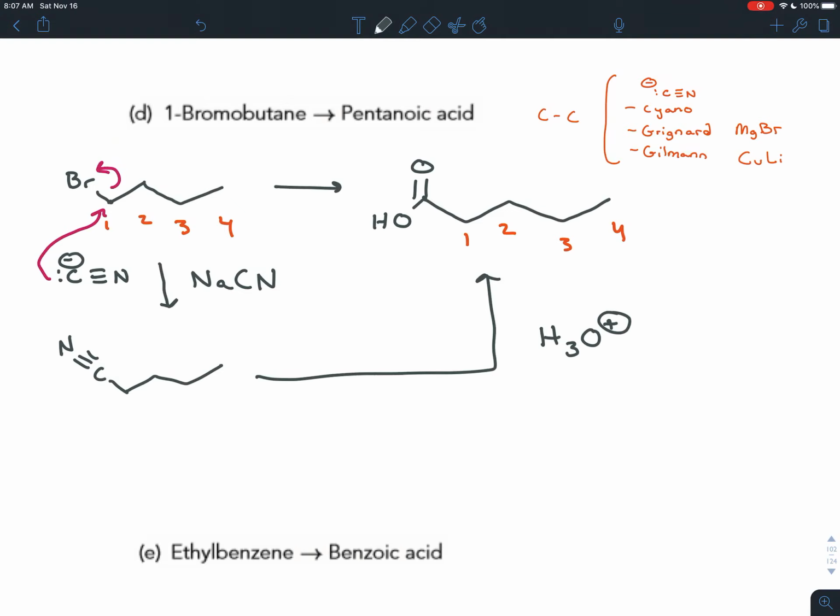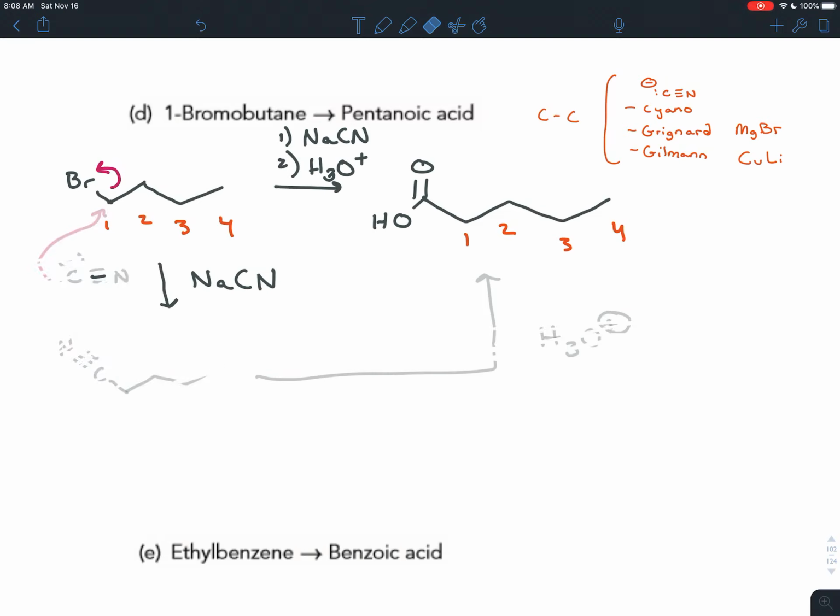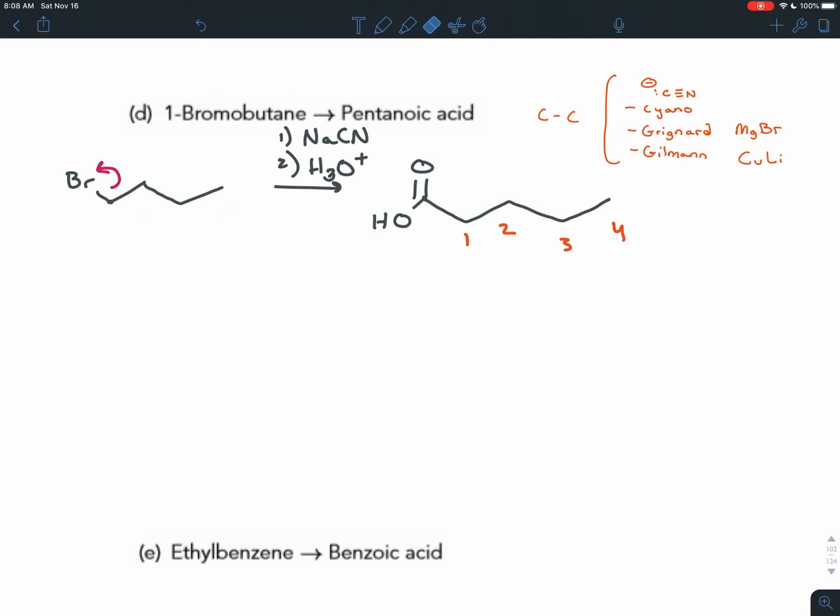But you can see in 2 steps you can make this transformation happen. You could just do NaCN followed by the hydrolysis of a nitrile. Okay. What if you didn't do that? What if you wanted to do a Grignard reagent, or if you forgot about using a cyano group as a nucleophile? Well, we're only adding 1 carbon,